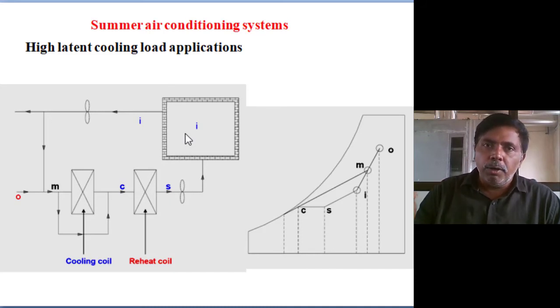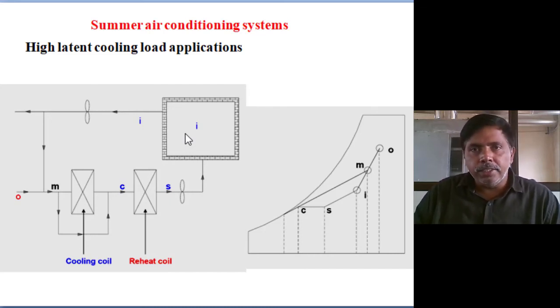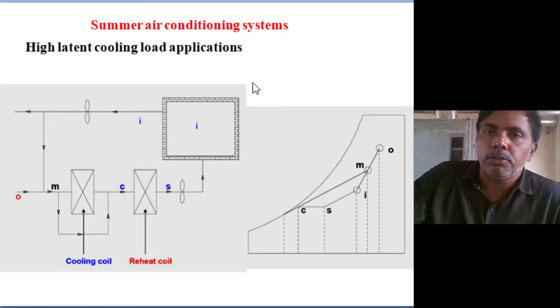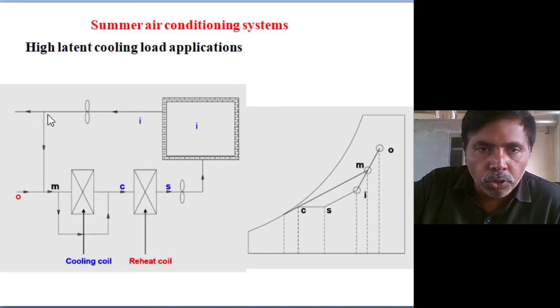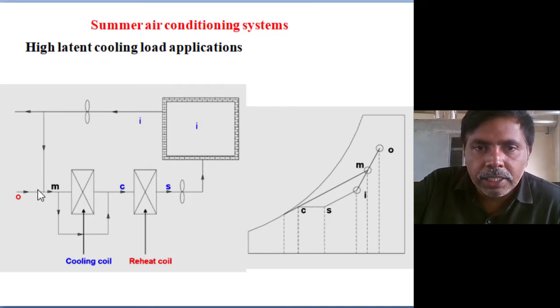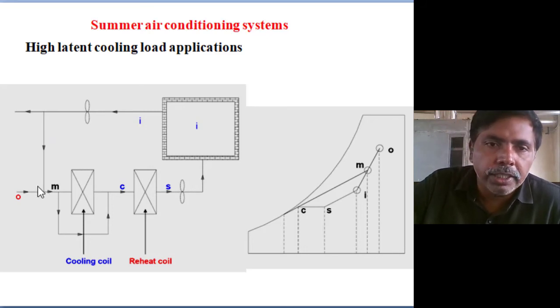Then only the persons sitting in the air conditioned room will be healthy, without any headaches or other health diseases. Otherwise, in continuous mode, they will get many health diseases also. That's a secondary point. So whatever charge is coming from the room, in total we are not sending it for recycling. Some of the air, some 20%, leaves to the ambient. Only the remaining 70% air we are sending for recycling to the room. The remaining 20% we are taking from the fresh charge.